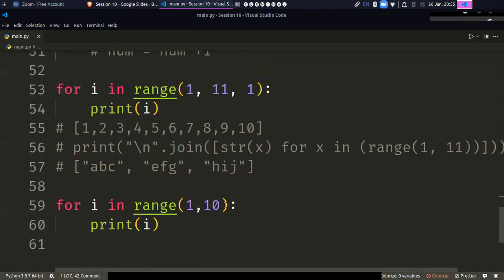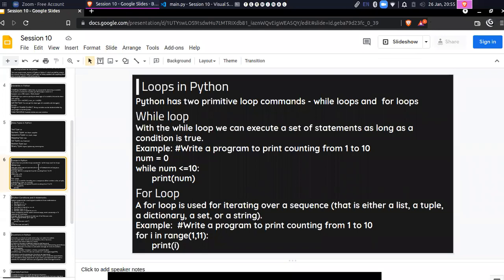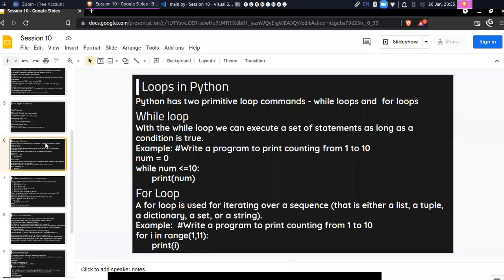So yeah, any doubts so far? Okay, so I'm taking that as a no. So I guess I covered all the topics. Loops, we did loops,